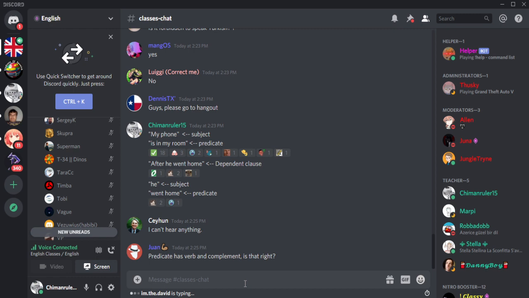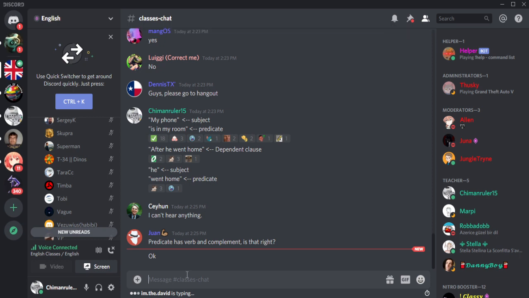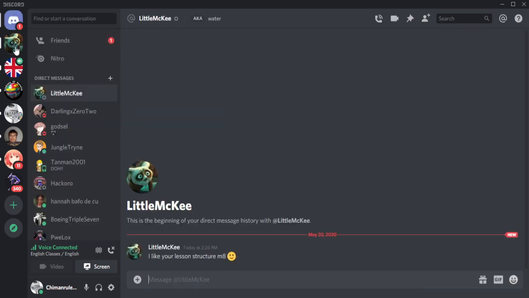Predicate has verb and complement. Yes, that's correct. Okay, so now that we've covered what an independent clause and a dependent clause is, let's cover coordinating conjunctions. So, we have 7 coordinating conjunctions in